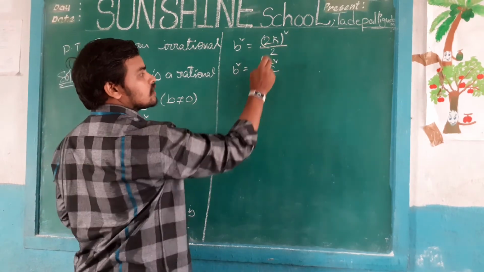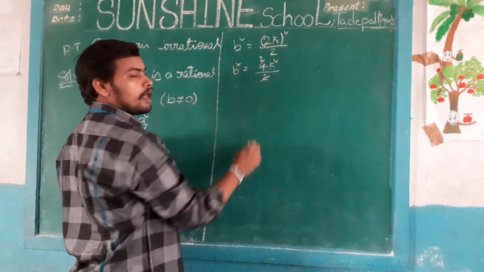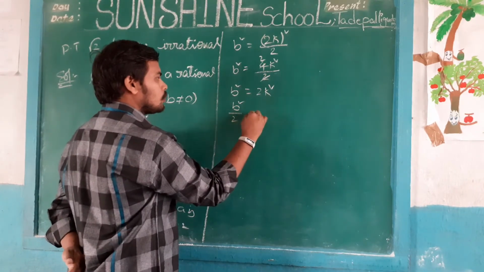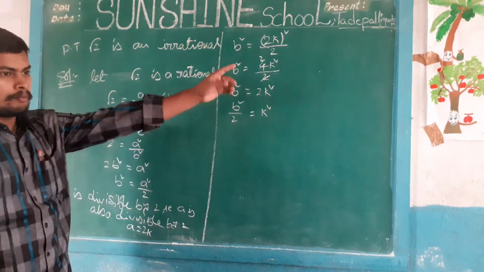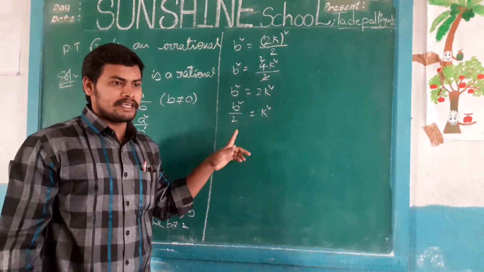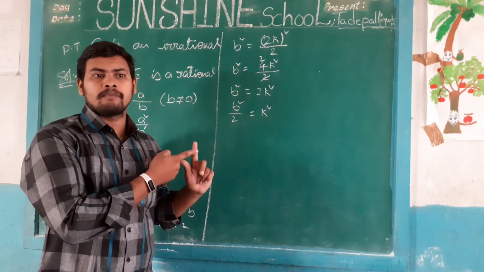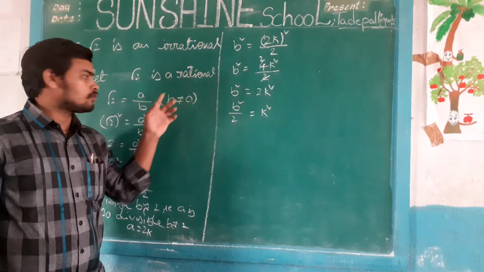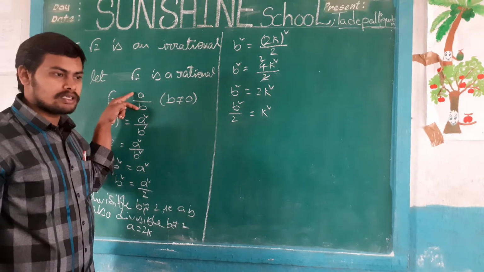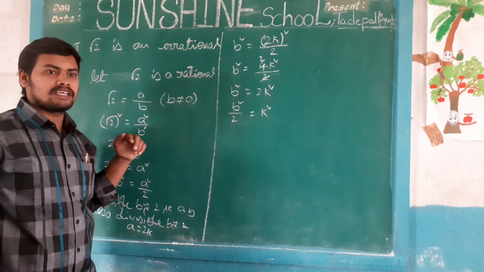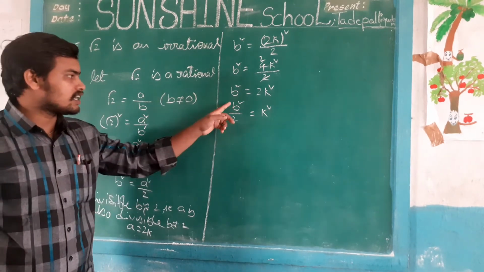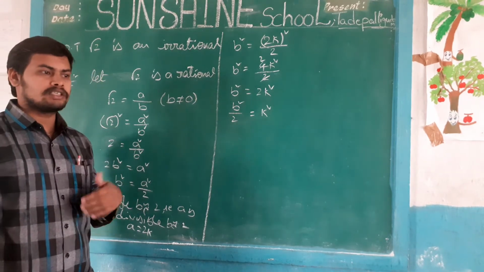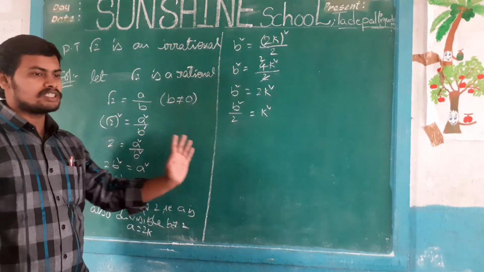2 square value 4, k square value k square. Now 2 times b square equal to 2k square. So b square by 2 equal to k square. Here b square is also divisible by 2, so b is also divisible by 2. Here both a and b are divisible by 2. Hence what we have assumed, that a and b are co-primes. But the HCF of co-primes is 1. But what is the HCF of a and b here? 2. So because of our wrong assumption, the contradiction has arisen. So root 2 is an irrational.